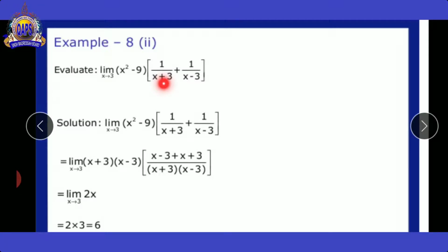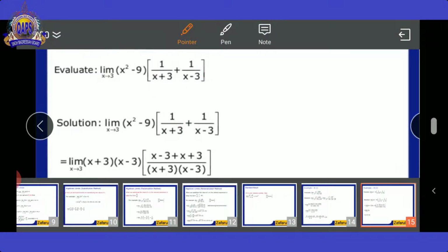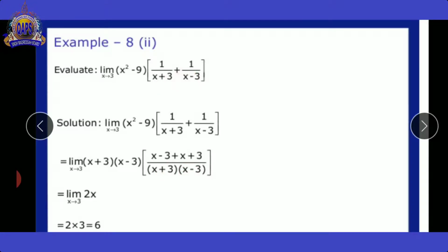First of all, I have told you in previous classes, when the denominators are in different forms and not the same, then you make the denominators the same by multiplication. This denominator is multiplied into this one, and this denominator is multiplied into this one. So when we multiply x minus 3 into the first, the result will become the same. When we multiply x plus 3 into the other, the result will become the same and the positive sign will remain the same